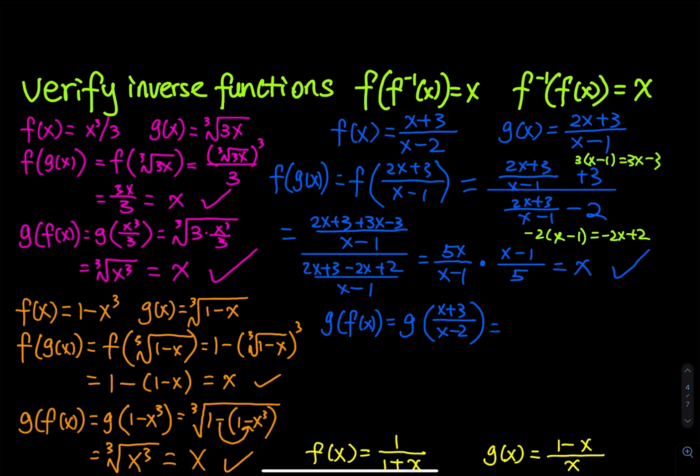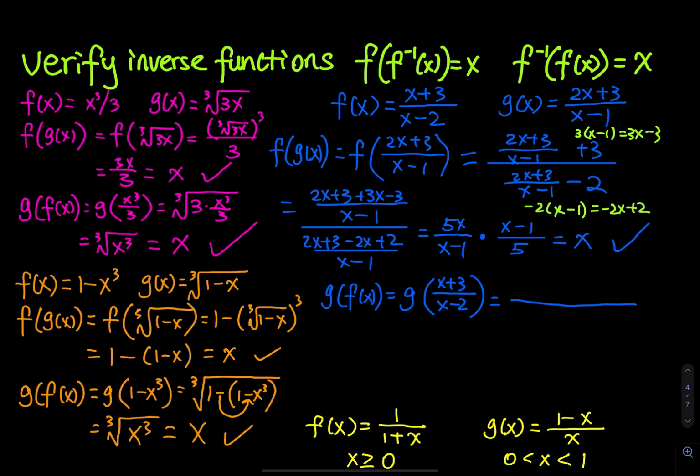Okay, let's make the line straight. Then you have 2 times x plus 3, and then x minus 1. So this is x plus 3, x minus 2. This is x plus 3, and then x minus 2. Okay, equal. So you have common